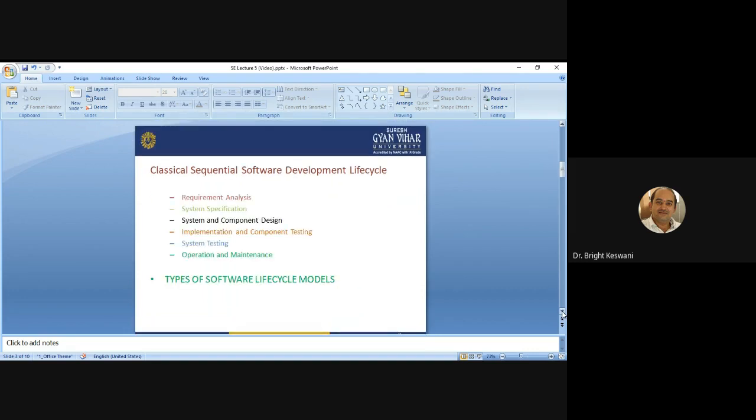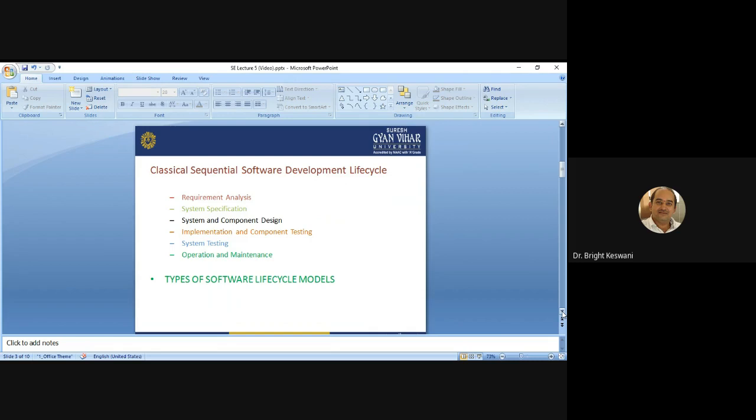Earlier, under this topic, we had discussed the feasibility study, and there are various types of feasibility study we had discussed, like technical feasibility, operational feasibility, political feasibility, and economic feasibility. We have already discussed these, and we had discussed the feasibility study report also.